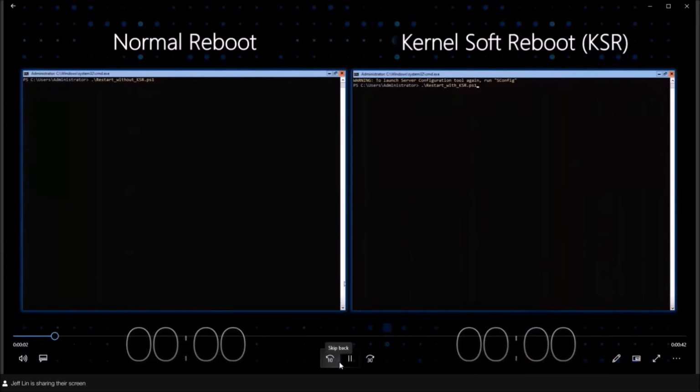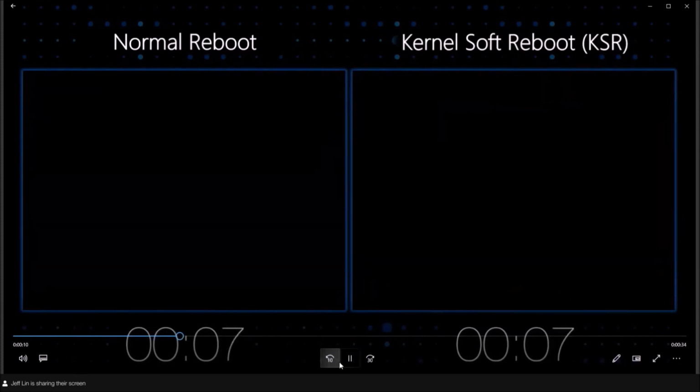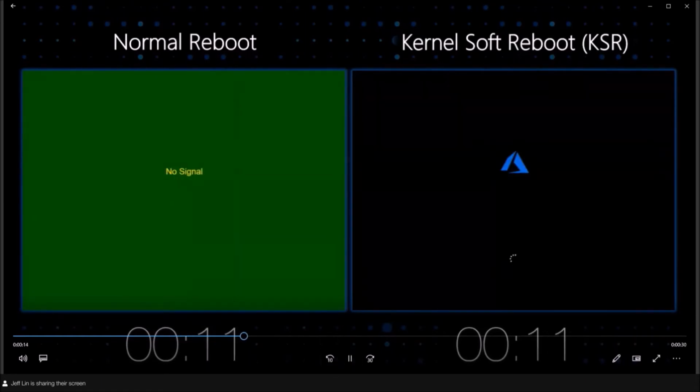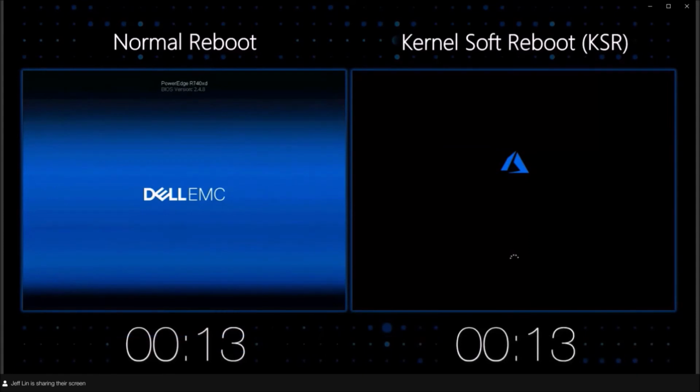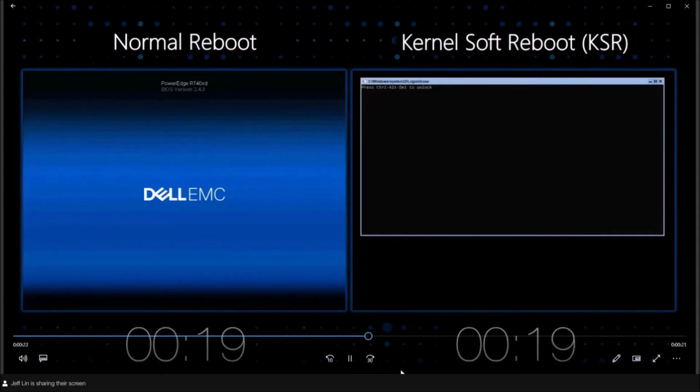So what you're seeing here is a comparison between a normal reboot and a Kernel Soft Reboot. Normal reboot is on the left, KSR is on the right. And this is just with one of the integrated systems that we had in our lab that we were actively testing a little bit earlier this year. What you'll see is the Kernel Soft Reboot, because it is performing that faster path, the OS is actually going to be fully back up and ready for you to resume hosting VMs in just 19